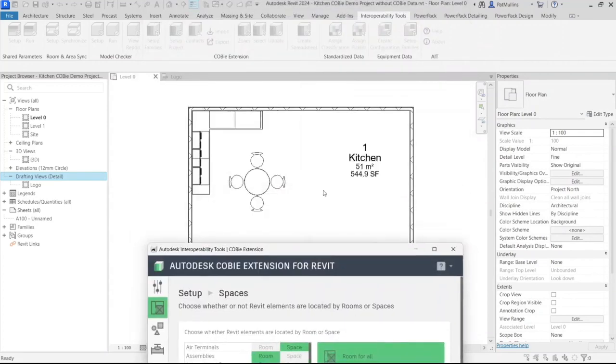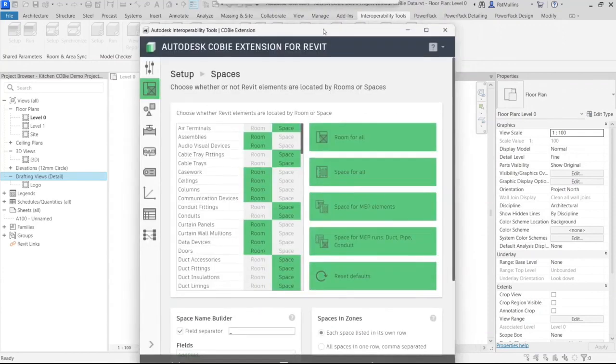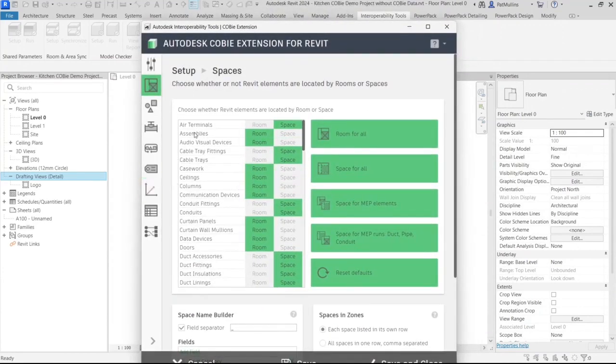This model has got some rooms and spaces assigned to it. If it has building services elements, this is where I get the opportunity to say, look at either a room for that information or a space. Well, if it was a cable tray, then we would expect to find that in a space. If it was something like a door, we'd expect to find that within a room. Here, we get the opportunity to select one or other, or in this case, space for MEP runs, ductwork and conduit, etc. So we can make a sensible choice about where we would interrogate Revit, either for a room or a space,